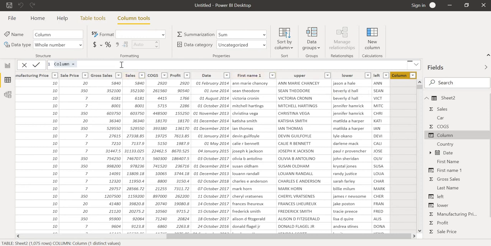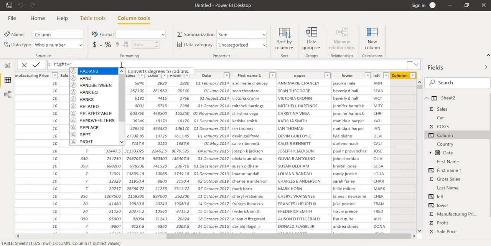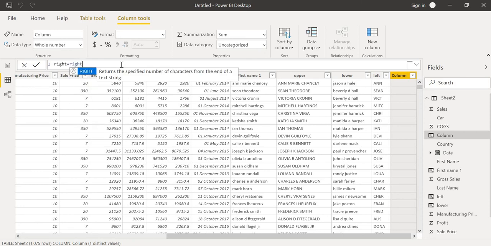I am applying text functions. Right. I want only 4 characters, the last right side 4 characters only.